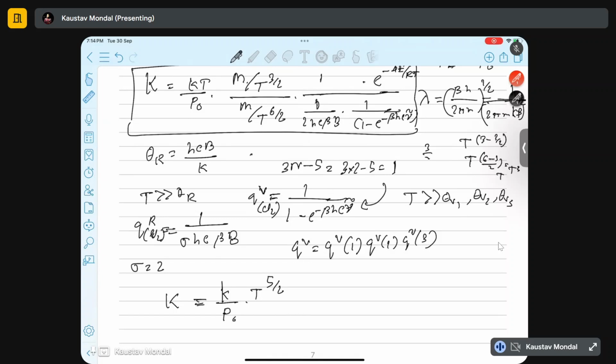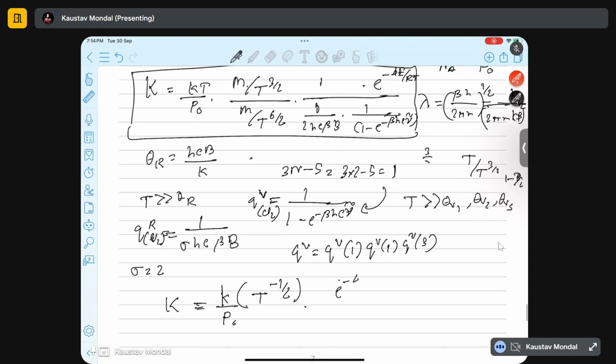It's 3 by 2, it's to the power 2. So T by 2 to the power 3 by 2, so 1 minus 3 by 2. So T to the power minus half, yeah, now it's fine. T to the power minus half, okay. So T to the power minus half into